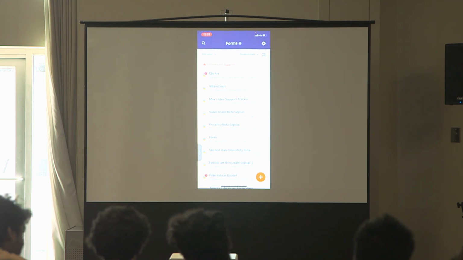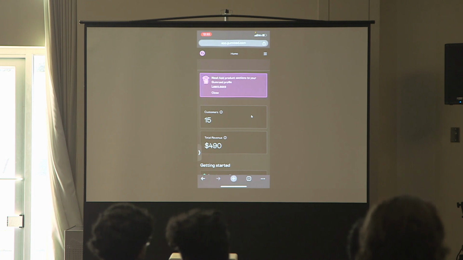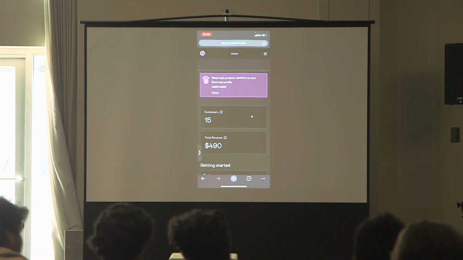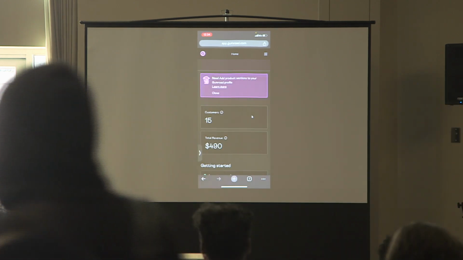I can do everything we did in the last presentation on my phone, sure. But I can collect payments as well. There are other tools to do really, really great things. This is an app called Gumroad. And you can log in and you can add things and you can create payment pages on your phone. And I can show you how to do that.